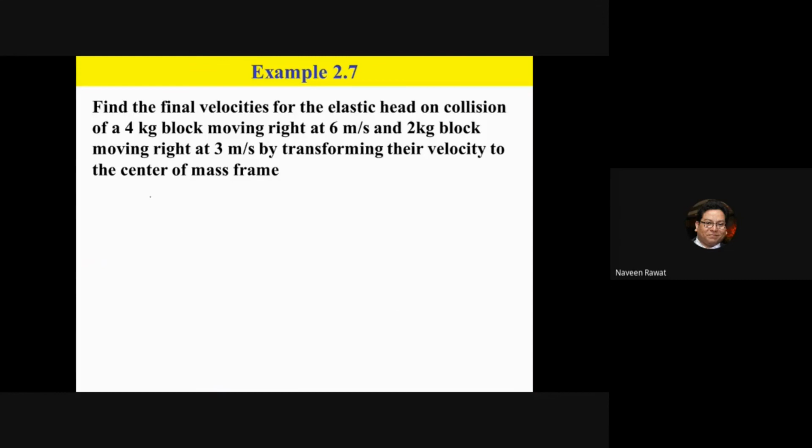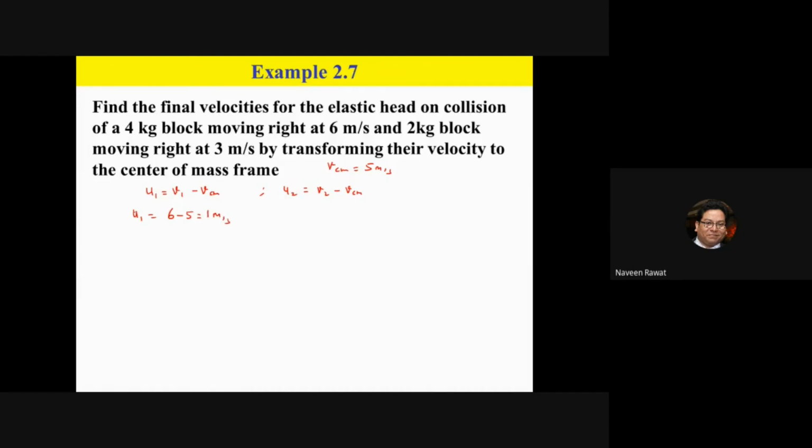plays out. So you have u1 equal to v1 minus v of center of mass, and similarly the velocity of the second object in the center of mass frame will be v2 minus v of center of mass. And v of center of mass we just calculated is 5 meters per second. So u1, the initial velocity of the first one, is what? It's 6 meters per second. So 6 minus 5 gives us 1 meter per second.